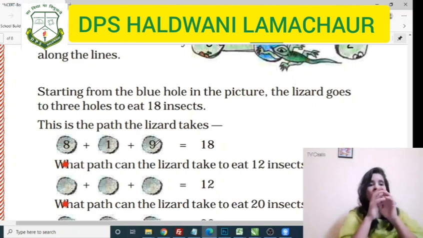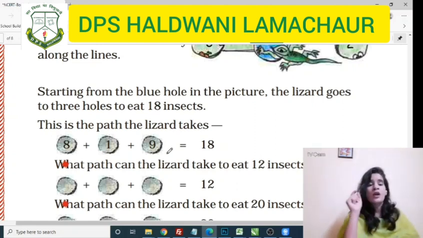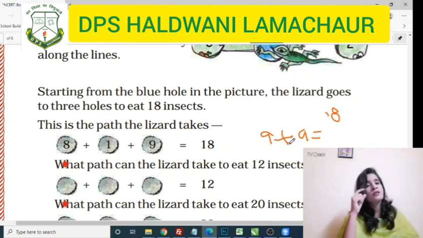Okay. So here we will add now 8 plus 1 is equal to 9 and 9 plus 9 is equal to 18. Here you can do 9 twos also, and if the same 2-digit numbers are there, you can read the table that many times.